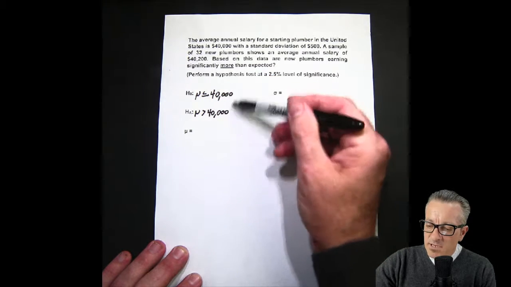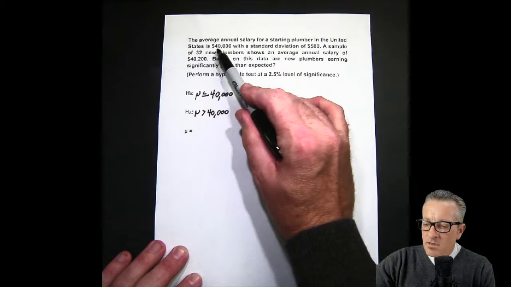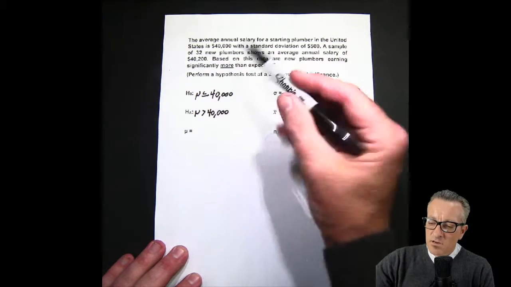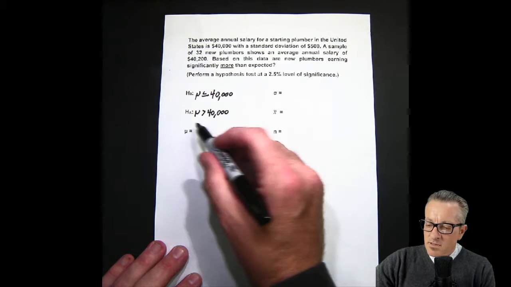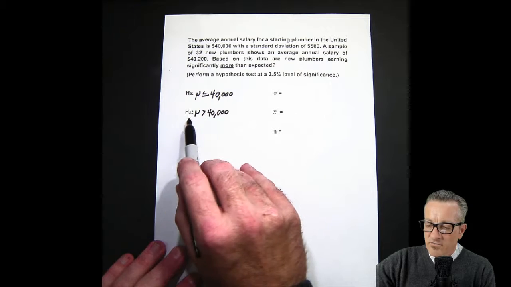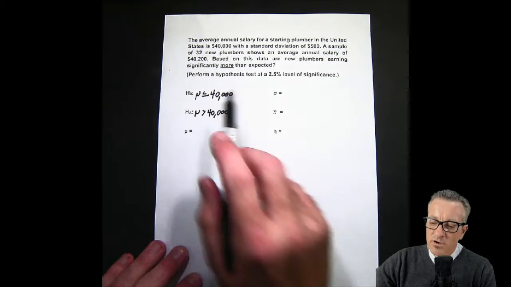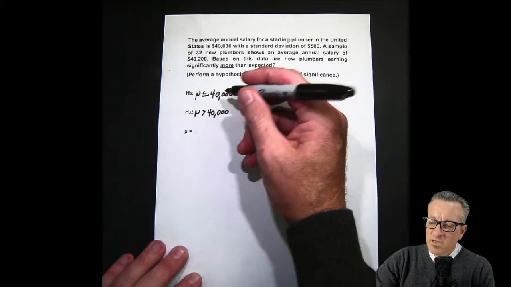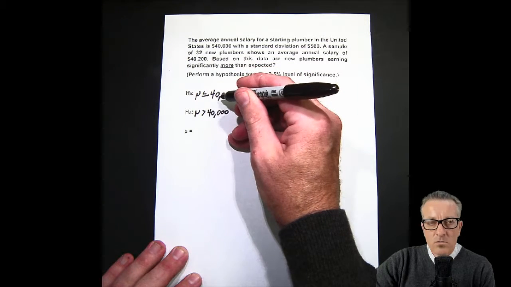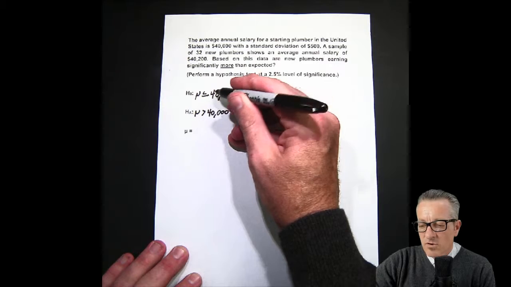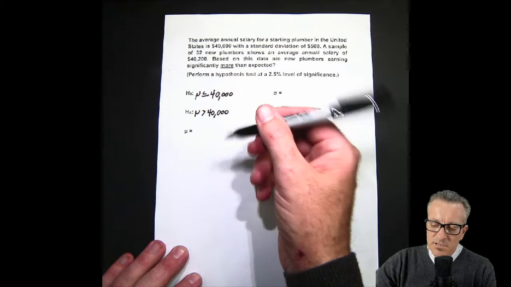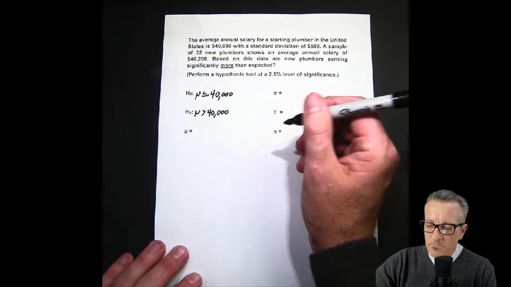So it's always based on the mu, or the population mean, these numbers right here. It looks like you'd want to put in here 40,200 down here for the alternative, but that's not what you're doing. You're trying to see if the status quo, or the null hypothesis, we're going to reject it or not reject it. So that's the whole crux of what we're doing.